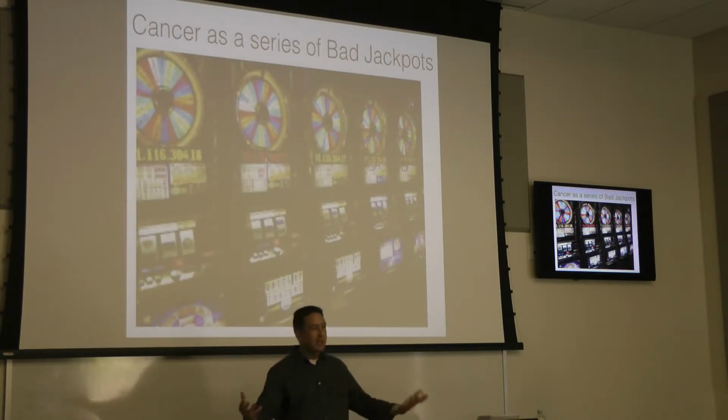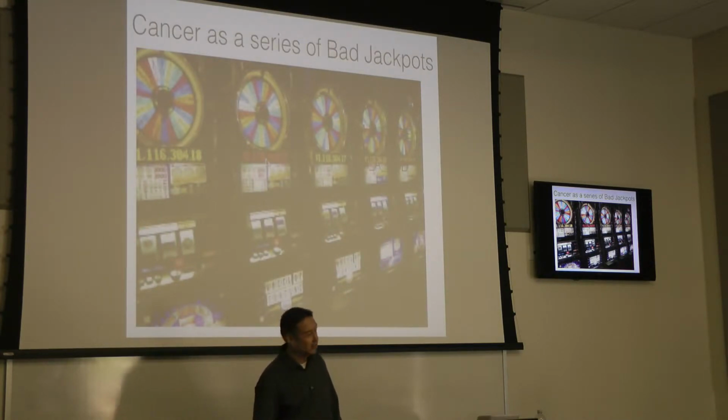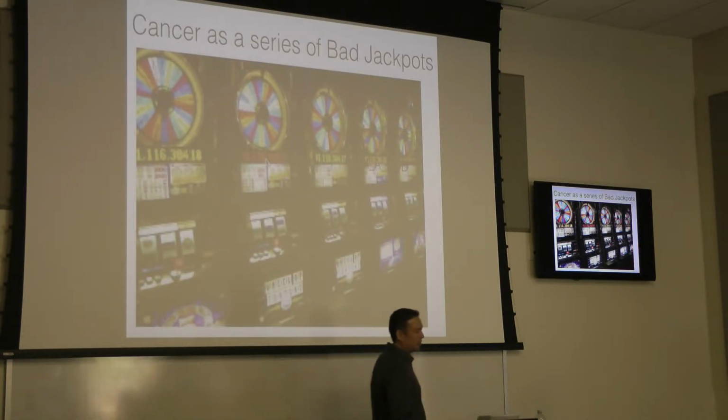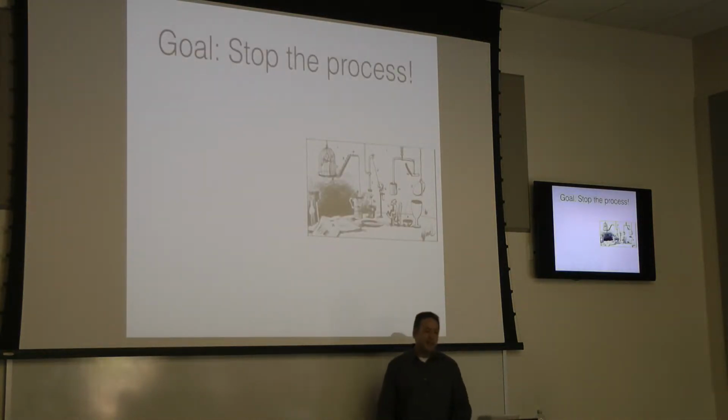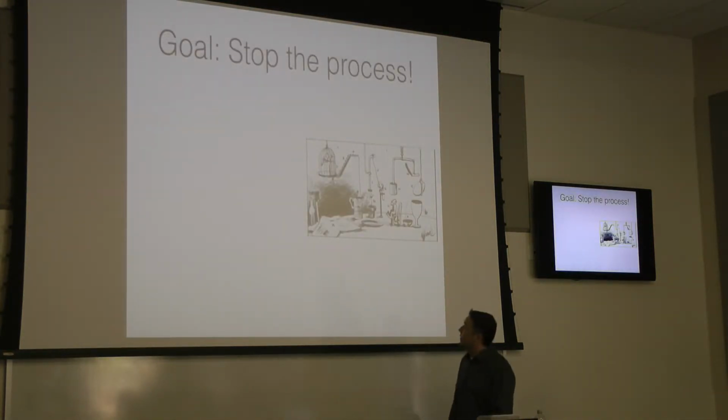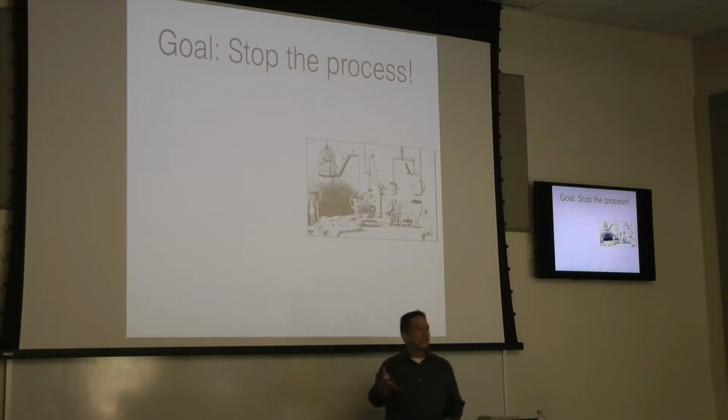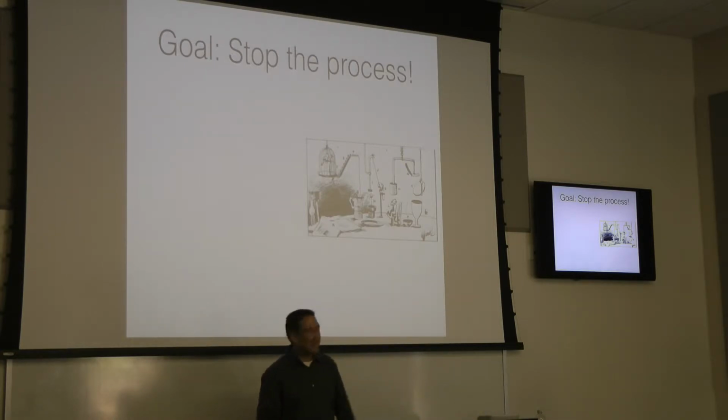It's a big problem because there's lots of us out there with lots of cells doing lots of bad things, unfortunately, so the slots are being played a lot, and just the way the numbers work out, we get a lot of cancer. All right, so that's my mental model, and so now to bring in another image, does anybody recognize who the creator of this is? Spit it out. Who is it? Rube Goldberg? Rube Goldberg, yes, right?